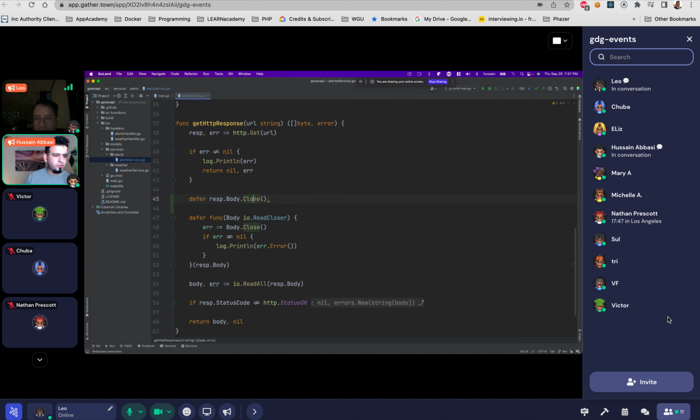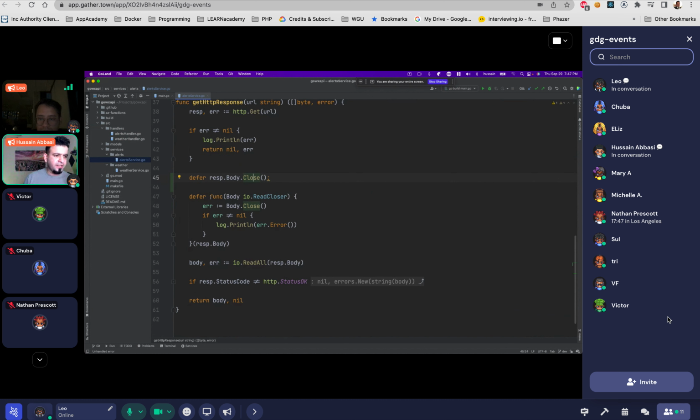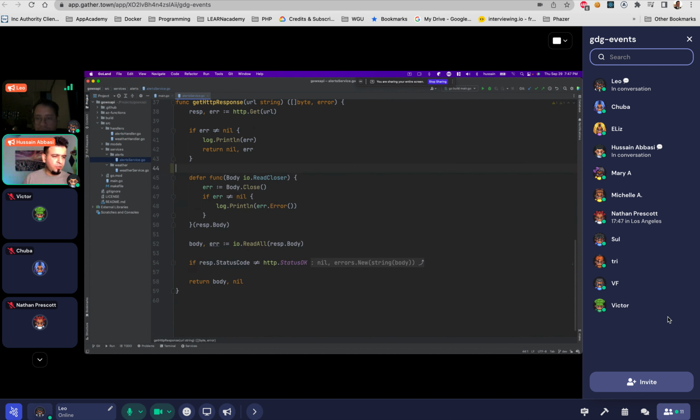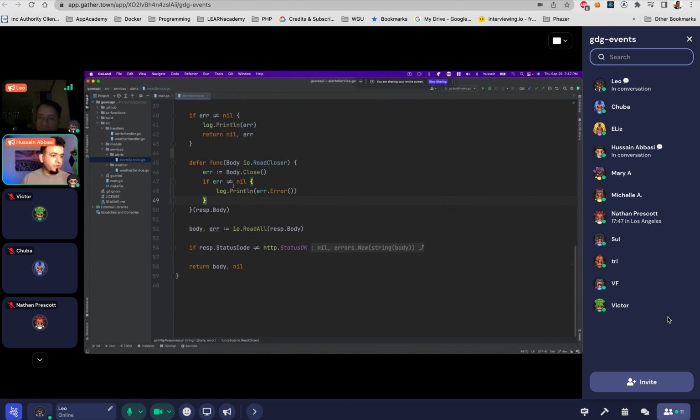And because this close can also fail, I just have a func around this to check if the closing of that fails. But essentially, that's what it is, right? I know it starts to get more complicated the more it throws in, but essentially, all we are doing is trying to close the response body, and if something fails, just report it. In this case, I don't really care about that, so I'm just logging it. But in case you were looking for that, you may want to do something else.